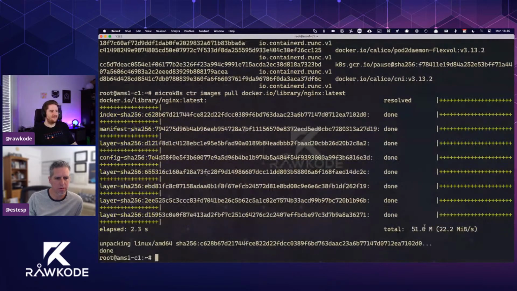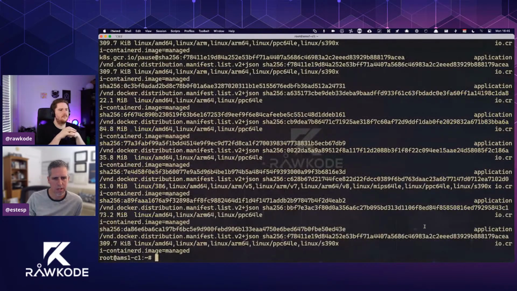It's going to pull the layers, and it will unpack the one for your architecture if it's a multi-platform image. So it says, okay, you're linux/amd64, and now you have that image locally. You can do ctr images ls to see. It's a little messy because it shows a lot of detail around the supported architectures and the media type of the image.